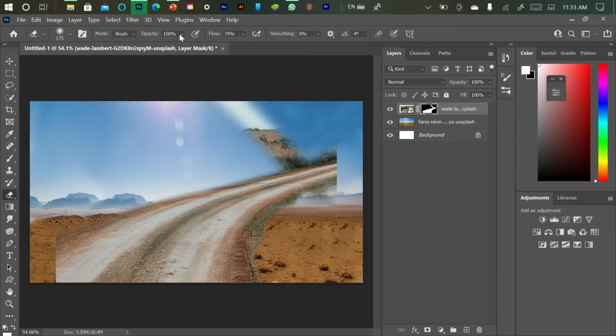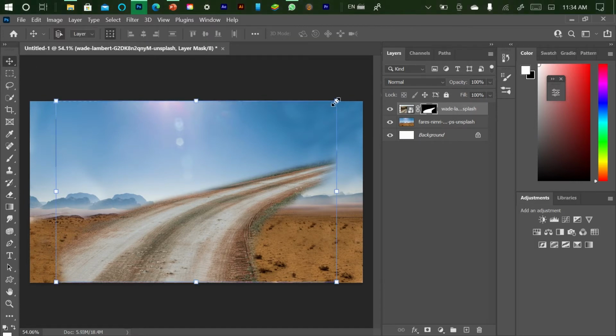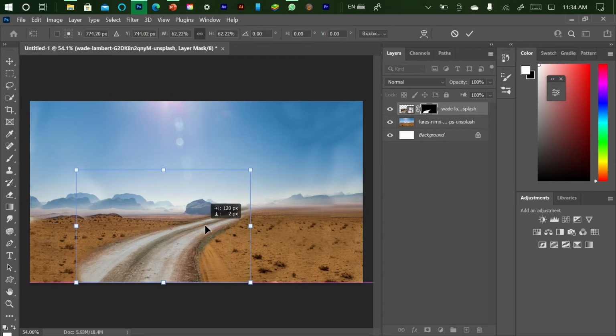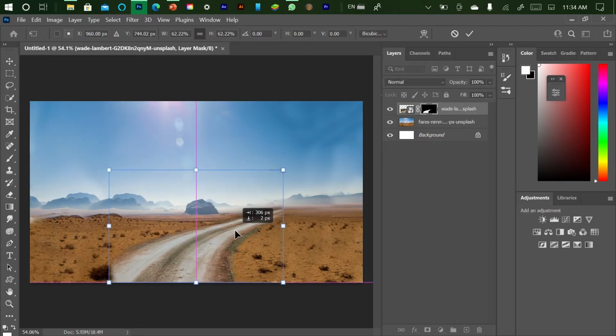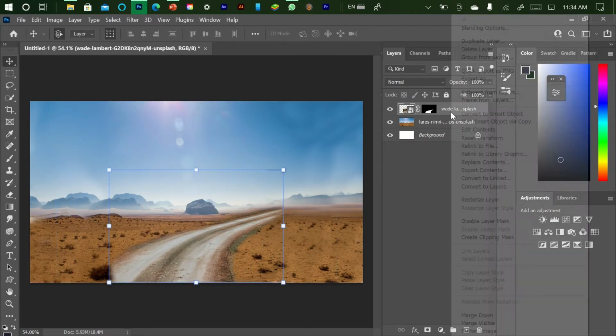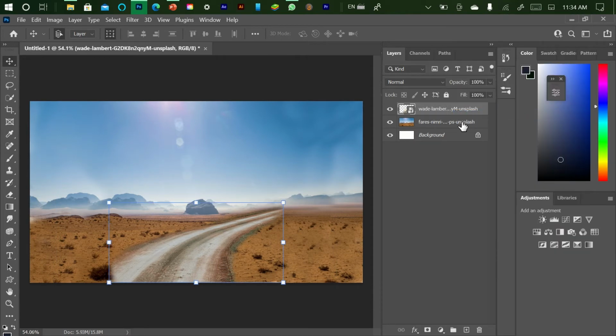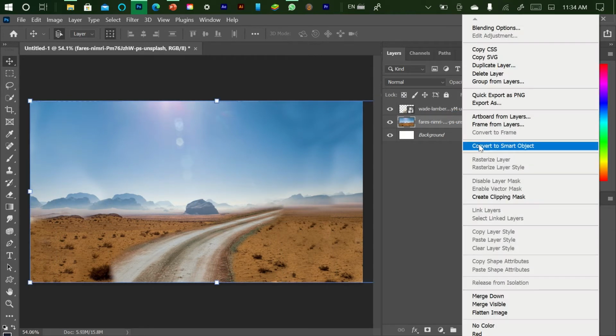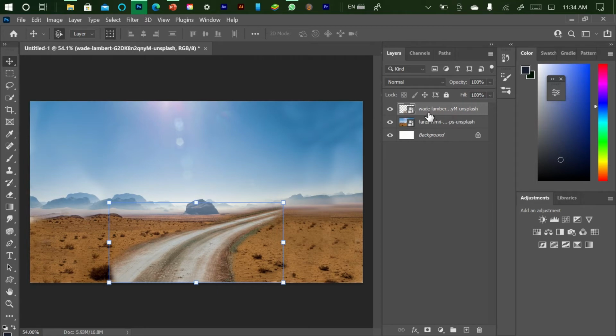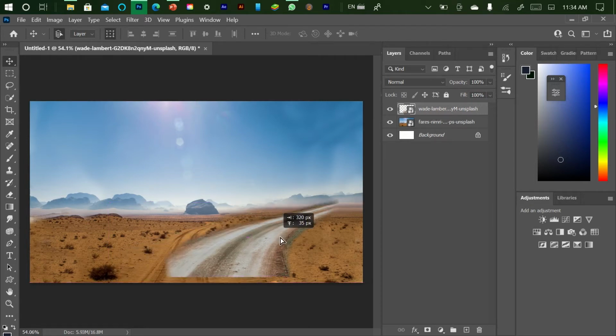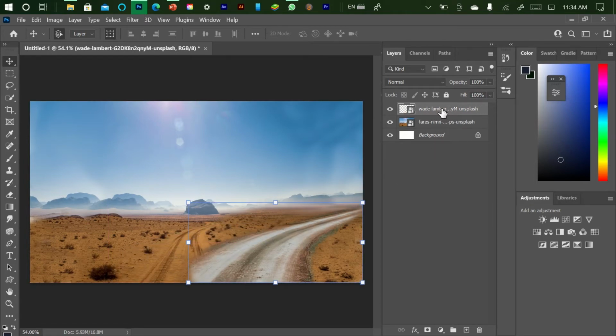If you are toggling between black and white, the foreground color, you can press X on the keyboard. Now I'm just going to make it smaller. After this, I'm going to use the liquify, but first convert this into a smart object. Also this, maybe I will change my mind. Okay, now I'm going to make this road